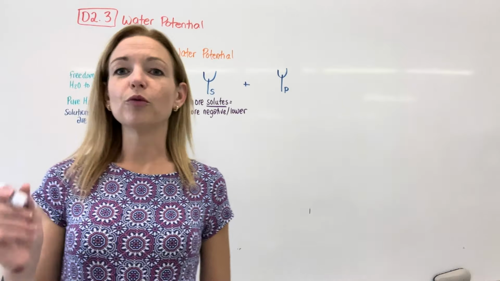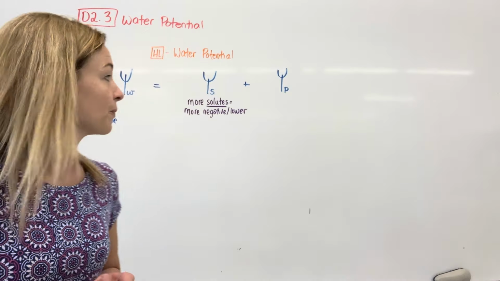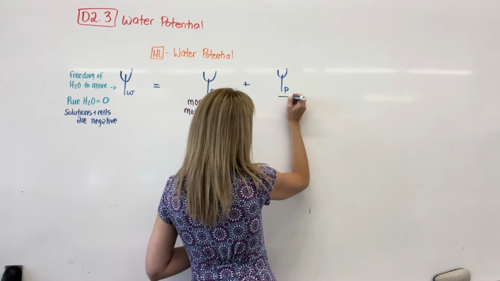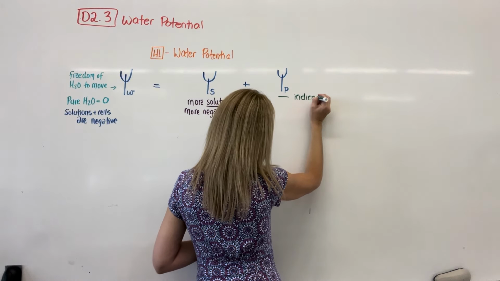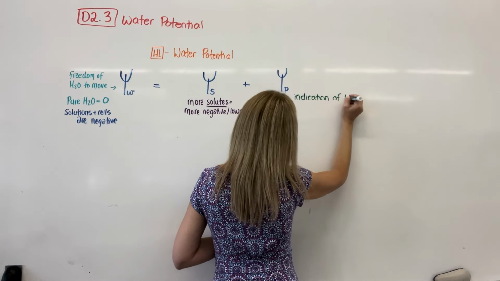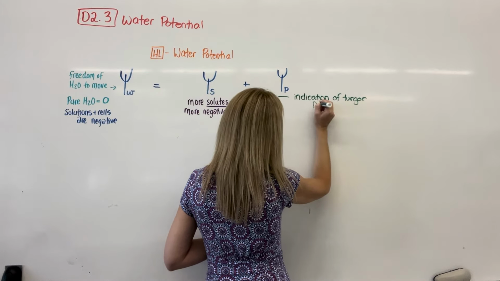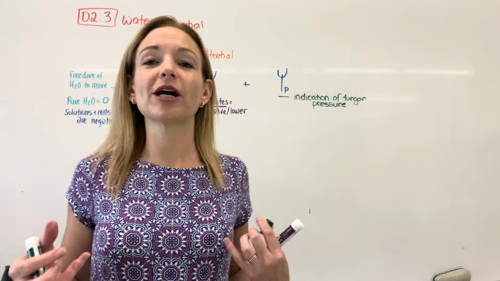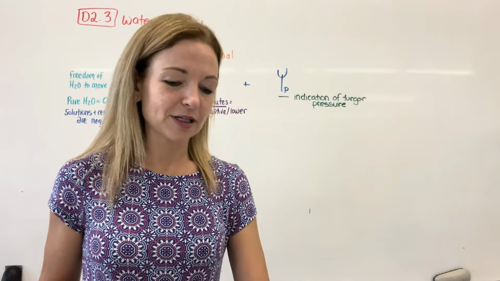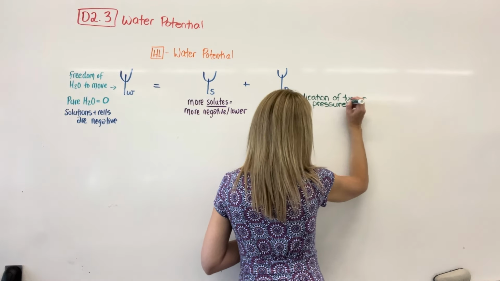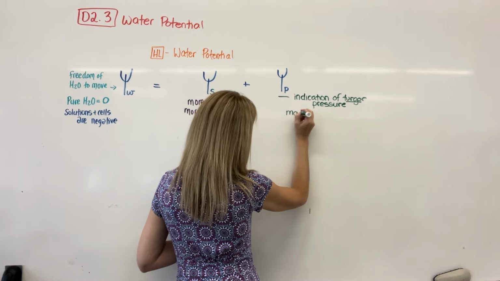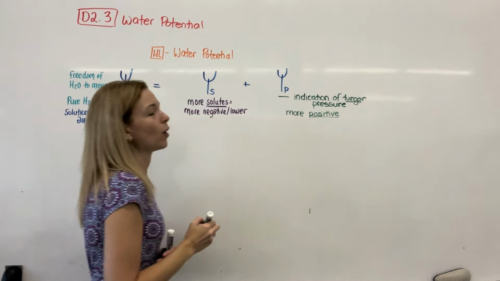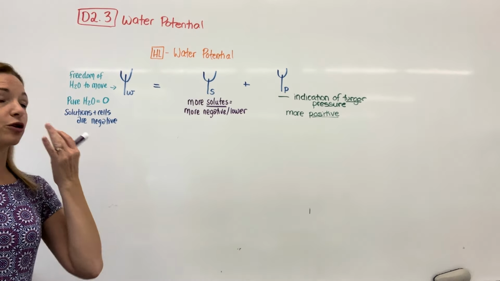Again, it has a formula, but you will not need to use the formula, so it would be given to you. And then P is pressure potential. So this is basically an indication of the turgor pressure. And turgor pressure actually makes water more likely to leave that environment because there's pressure actually pushing it outwards. So in this case, the more turgor pressure, it's going to be more positive, and therefore that is going to increase the water potential. So that is going to raise the water potential.